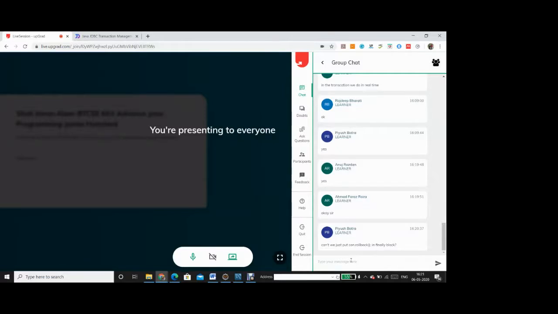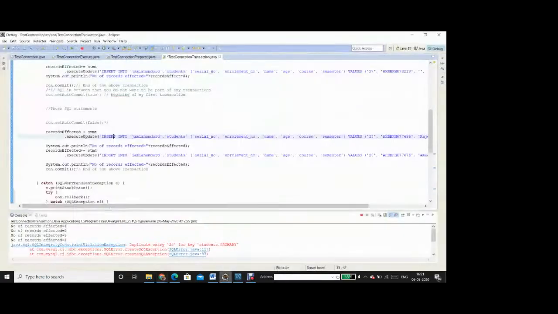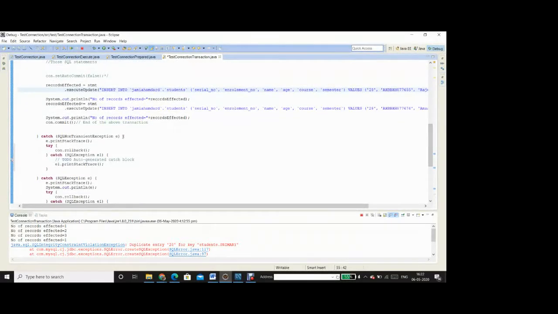So if you put a rollback over there, that means even though a statement is successful, the rollback statement itself will give an exception, because we have already said con.commit, and that commit is successful. Now the state is permanent. So you see we have got a try catch around this rollback as well, right? This rollback is also surrounded with try and catch.